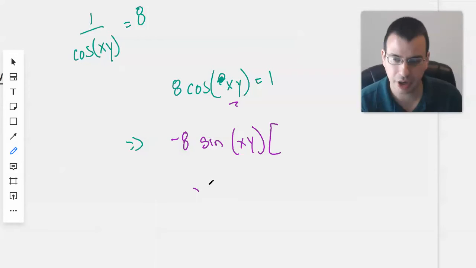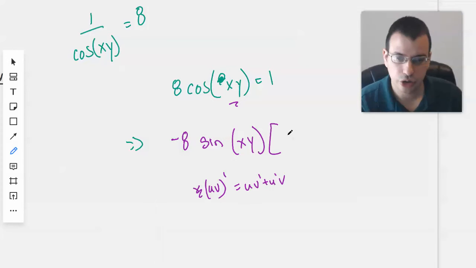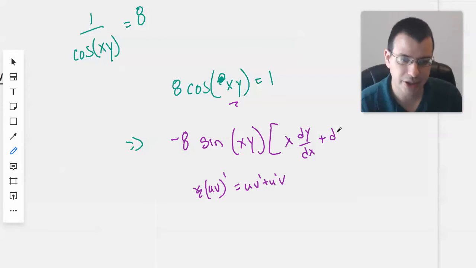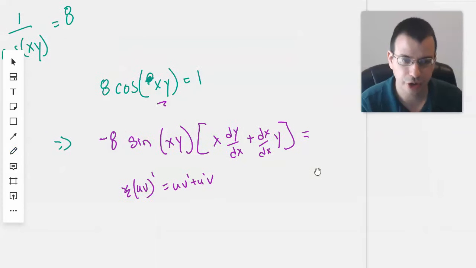We're going to actually have to use the product rule for that: (uv)' equals uv' plus u'v, where u will be x, v' will be dy/dx, u' will be dx/dx, which will just be 1, and v will be y. Yep, I'm good with that. So then we go here,